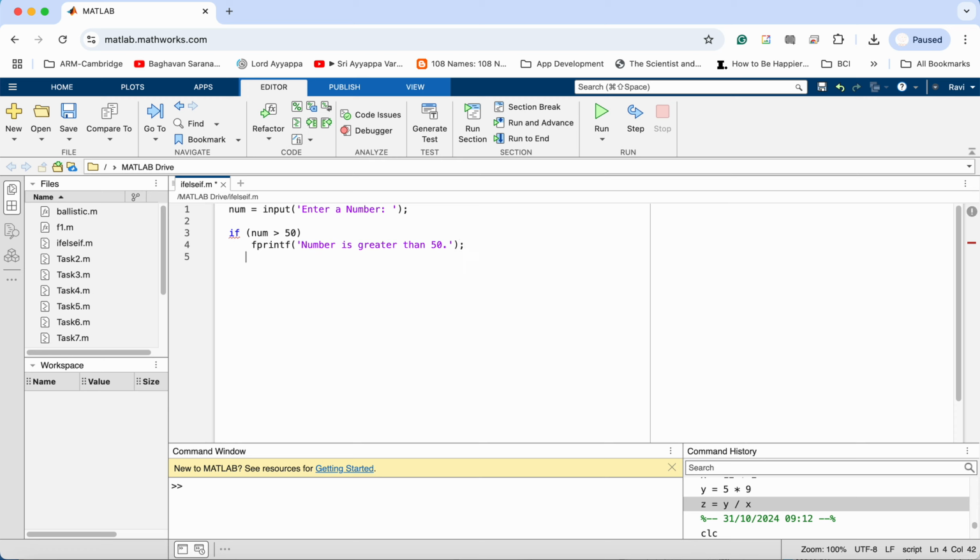Okay, and then we can say else, fprintf, number is smaller than 50. Okay, and then you need to have an end. Alright,